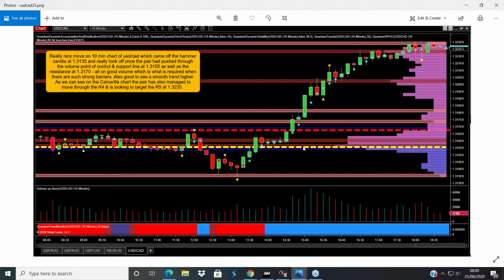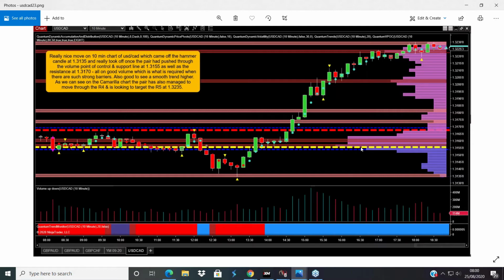There is no firm direction when price is at the volume point of control, and certainly we didn't have any firm direction on this pair. It simply moved sideways. It was also constrained by a very strong level of resistance, and we had a very strong support level. The volume point of control also acts as support and resistance, as well as being fair value. It simply moved sideways, and then it did break through, as we see here, at about midday, to a support level of volume, a VPOC support level.